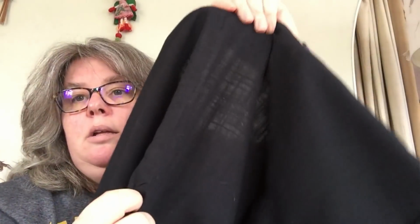So the top section is similar to that top that I've just showed you. This bit needs to be unpicked because I've got a big gather there. So actually I've got a big hole there that I've just stuck my finger through. You can probably see the detail a bit better on there. So it's blowing out now. And then you've got the diamond shape going down, and again it's got bits that I need to unpick and resew. And then it just goes down into, so you've got pockets,